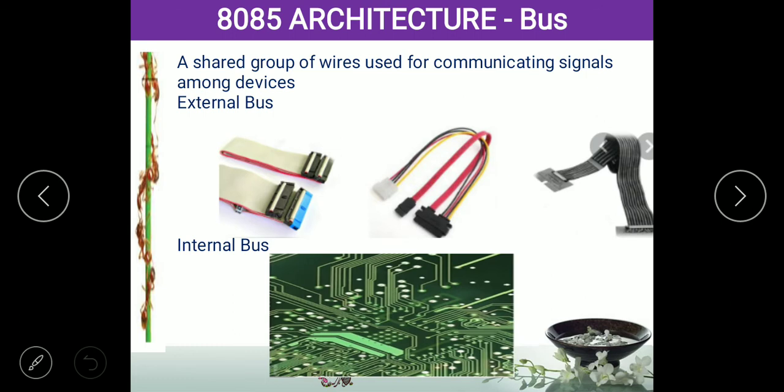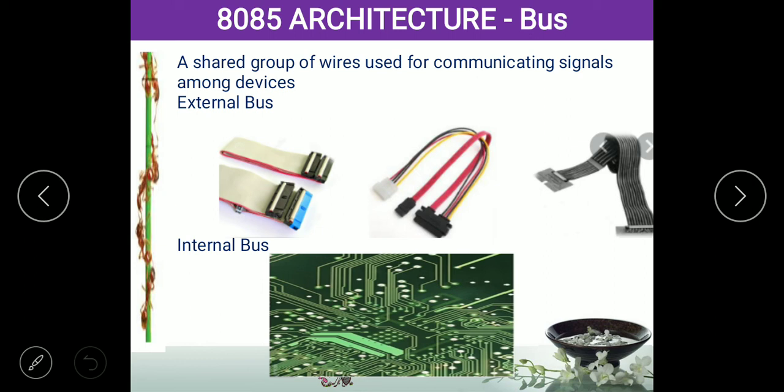There are two different types of buses: one is the external bus, another is the internal bus. External buses, you can see with your naked eyes. If you open a CPU, you can see n number of wires passing here and there, pinned with some pins and other things. Those wires are all called external buses. The wires may be a single wire or a set of wires, depending upon parallel or serial connections.